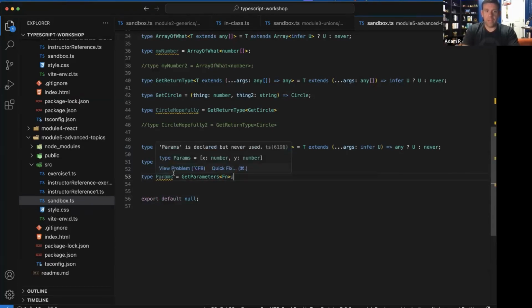And now if we look at params, we have got a tuple type. It returns a number and a number. Let's make that string just to get a little more interesting. And so what if we wanted to get the first parameter of this function? Well,